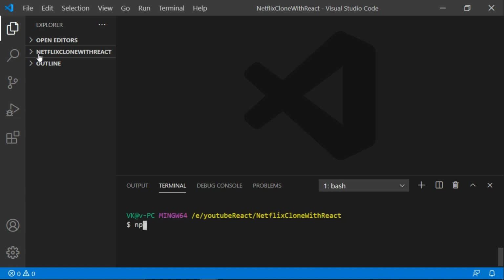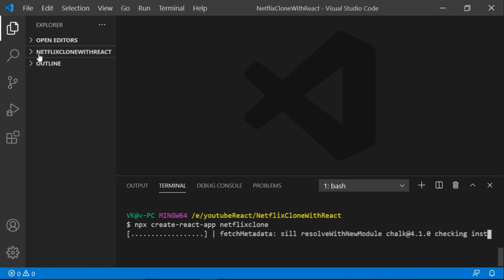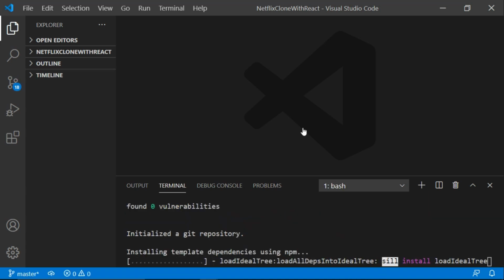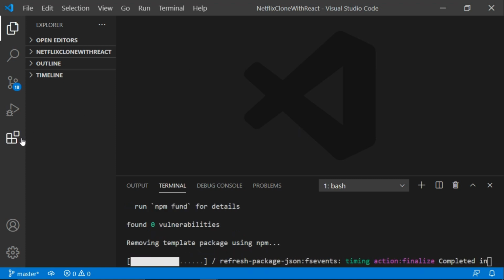And for making a React app, the first thing which you're going to write inside our terminal is npx create-react-app and the name of the app. You have to write it like this, which is npx create-react-app and name of the app, which will be netflix-clone. Make sure the letters should be small inside the name of this React app and hit enter. It's gonna take some time, so I'll skip this part because I don't think I need to show all this installation.